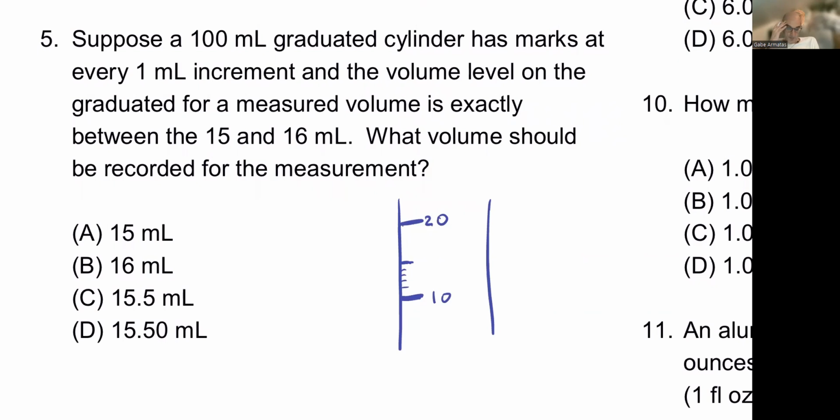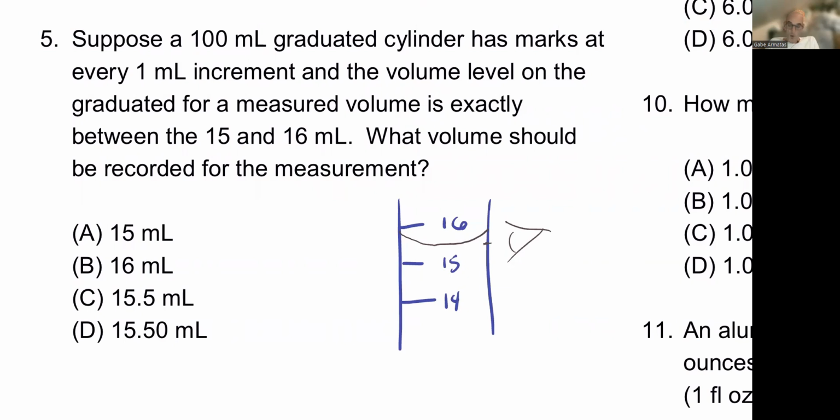And the volume level on the graduated for a measured volume is exactly between 15 and 16. Okay, so it's between 15 and 16. Oh, okay. So let me simplify this. Let me change it just a little bit. We'll just do it like this. Let's say this is 14, this is 15, this is 16, and then we have the measurement. So the number is like halfway between 15 and 16. So when we look at this thing with our eye, what we're seeing is like right there between 15 and